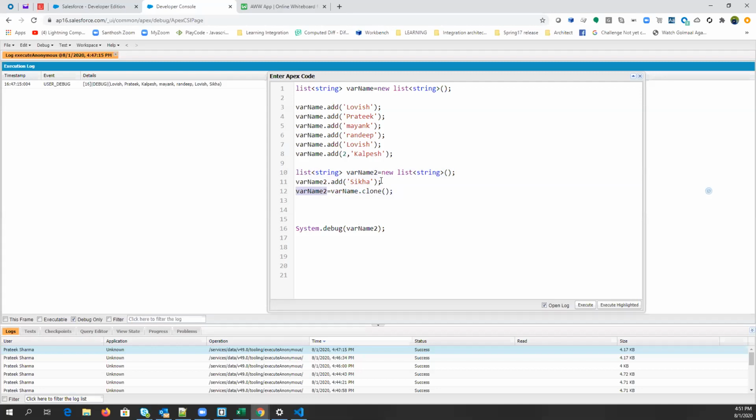But we were calling this after the clone. So the clone method execution is completed, right? Till this method we have the exact copy, but after this we are adding this value. After cloning var name into var name 2, we are adding this value. That is why it is printed. Sonali, is it clear? I can explain it again if you still have doubt. No, sir, it's clear. Okay, cool.